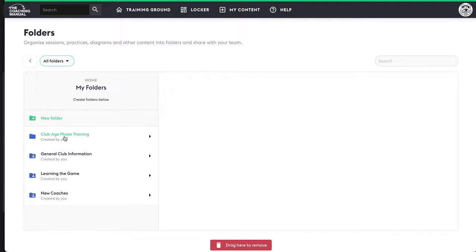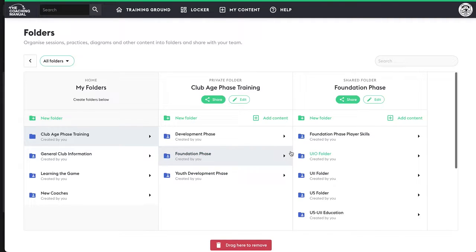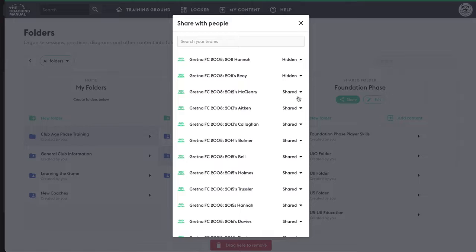So you probably won't see this club age phase training folder. You'll see something called development phase, foundation phase, or youth development phase, and these are broken down by ages. So anybody in the foundation phase should have that folder shared with them, so all the youngsters have got that,